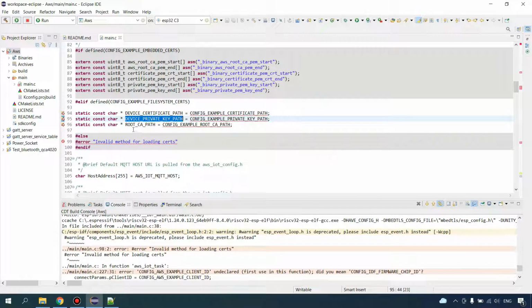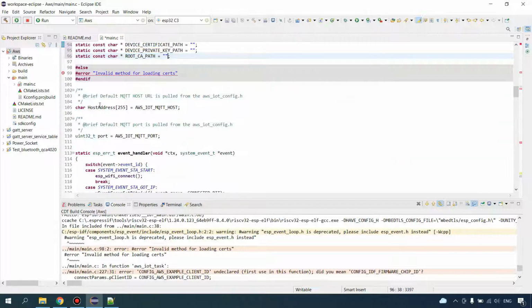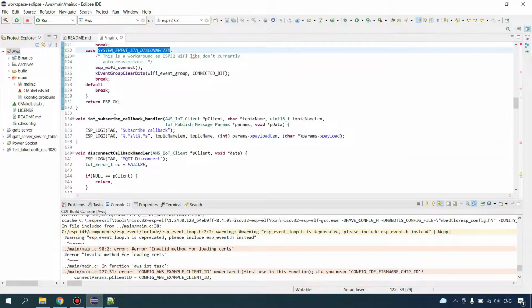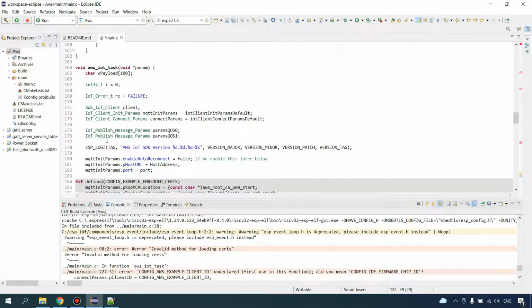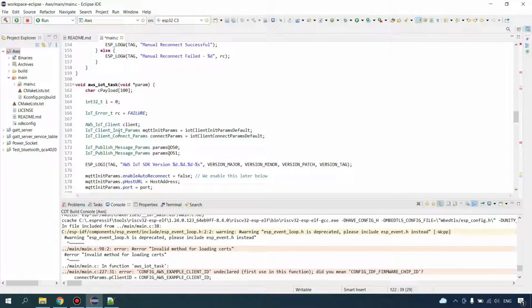And if you search on Google for root CA certificate for AWS, you'll get this certificate also. This is the host address. This is the IoT subscribe callback handler. So whenever we receive data, this callback handler will be called and the data will be printed. And this is our main IoT thread that will run in an infinite loop.